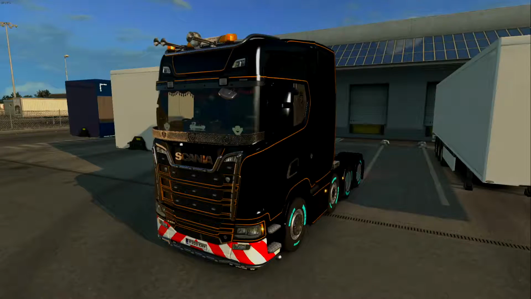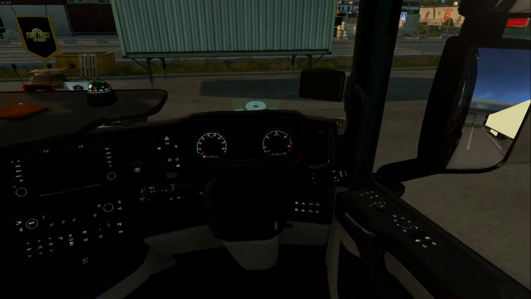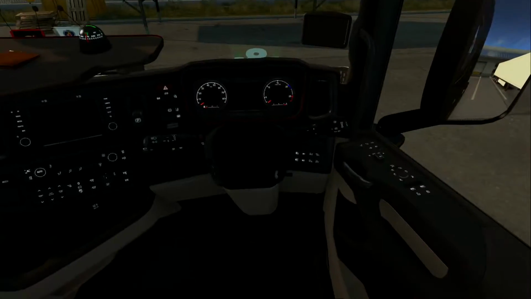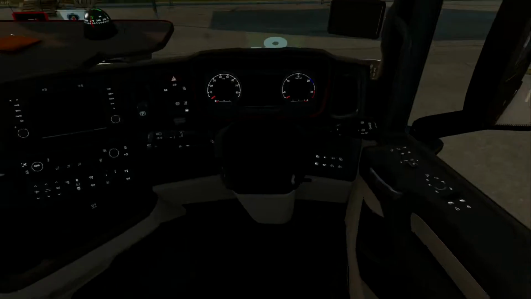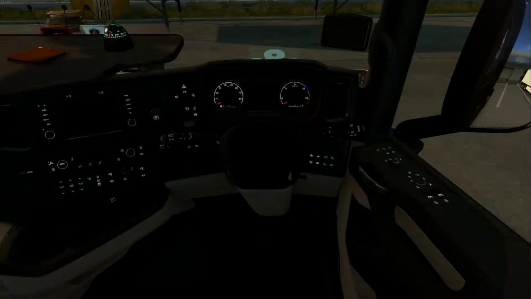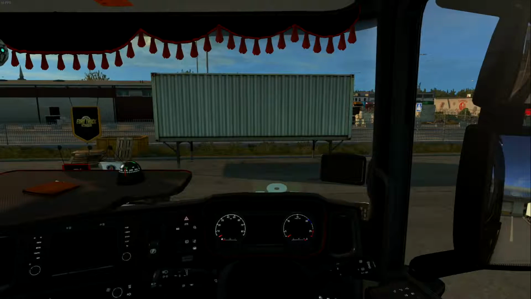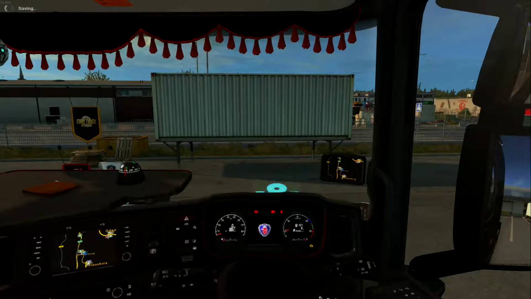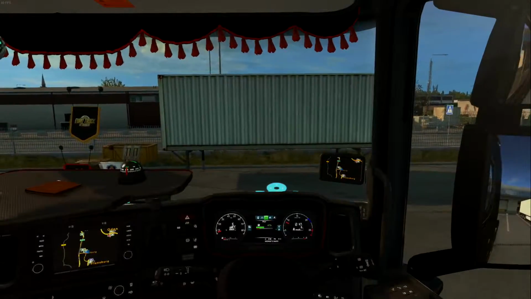But if I go back into my cab, you can see that my steering wheel is gone. Where's my steering wheel gone? Well, quite simply, I've just removed it. And this is quite useful if you have a big screen and you want to make it as realistic as possible. So for you it would obviously look weird, but if I just drive around in this game, I